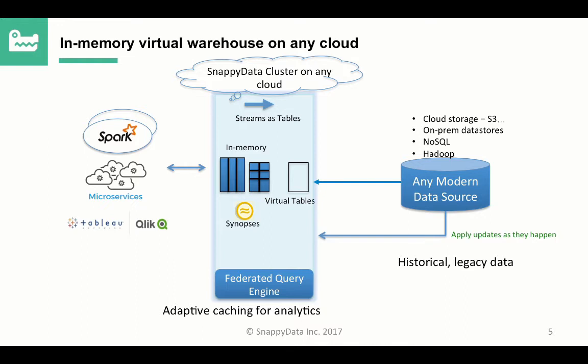Now, one way to think about this is like a new cloud cache that is purpose built for analytics. For instance, you might be used to Redis or an Elastic cache for highly concurrent, let's say, key-based lookups, transactional applications. But think about Snappy as something equivalent as a caching tier, but primarily designed for analytics, which basically means